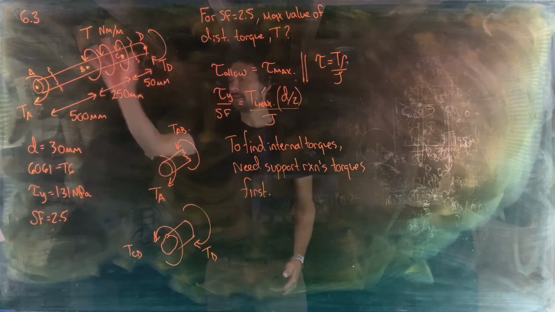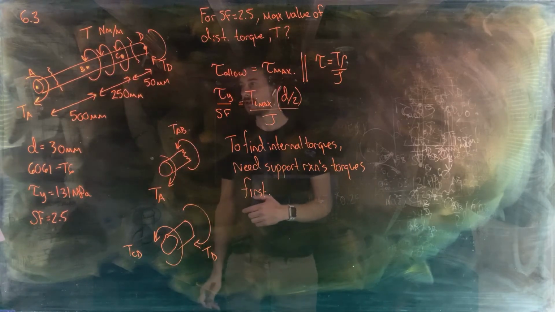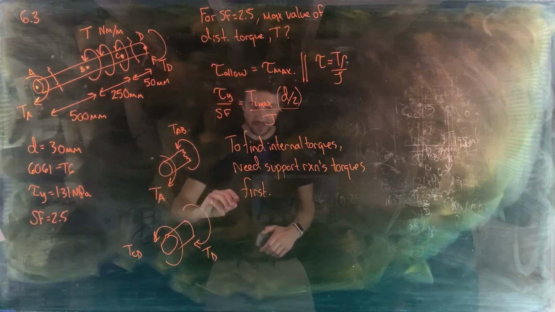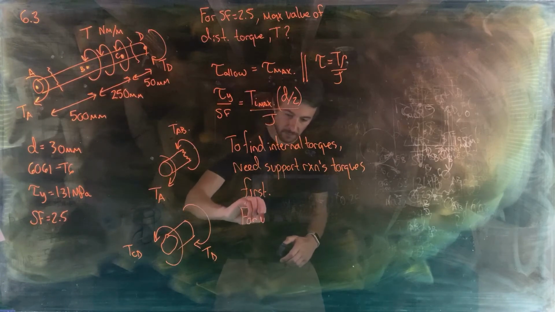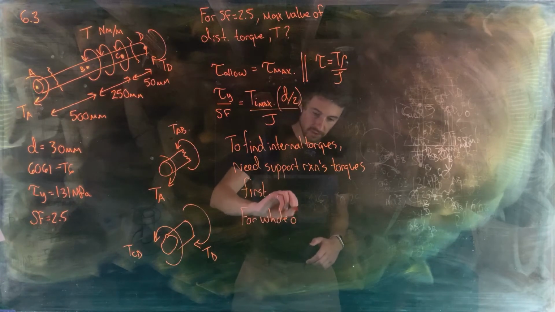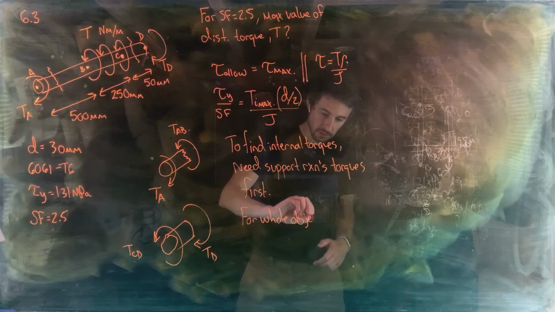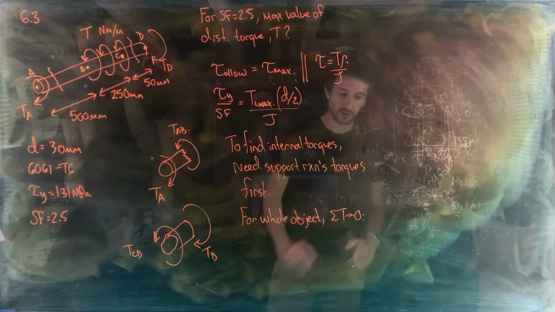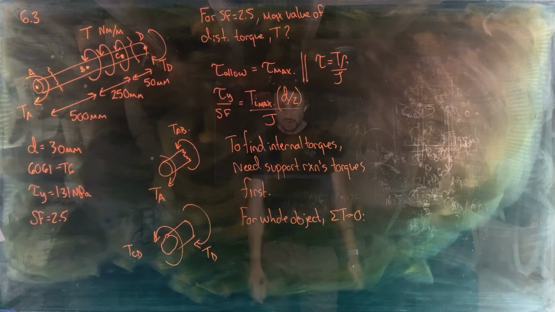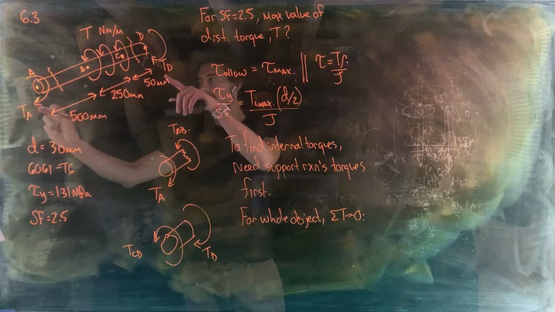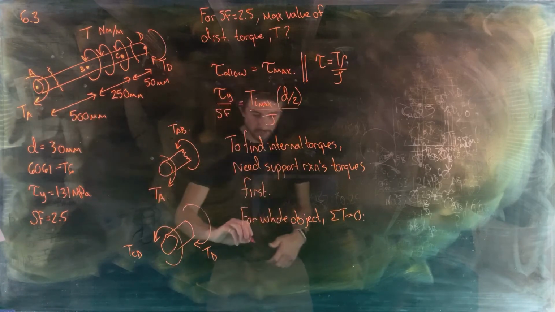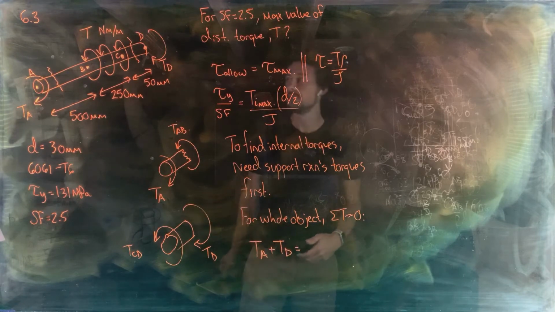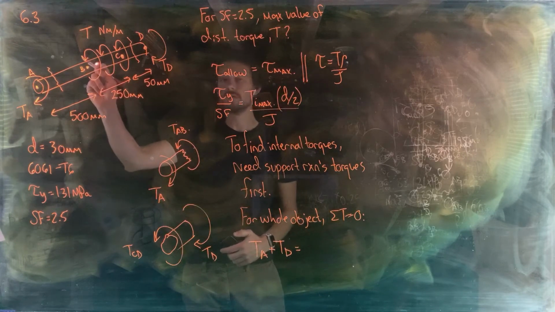So let's write an equation of statics. Sum of the torques is equal to 0 for the whole free body diagram. Okay, so for the whole object, we know that sum of the torques has to be equal to 0. So doing that, we've got TA and TD are both in the same direction. So we've got TA plus TD is equal to the total torque in the other direction, which is the resultant